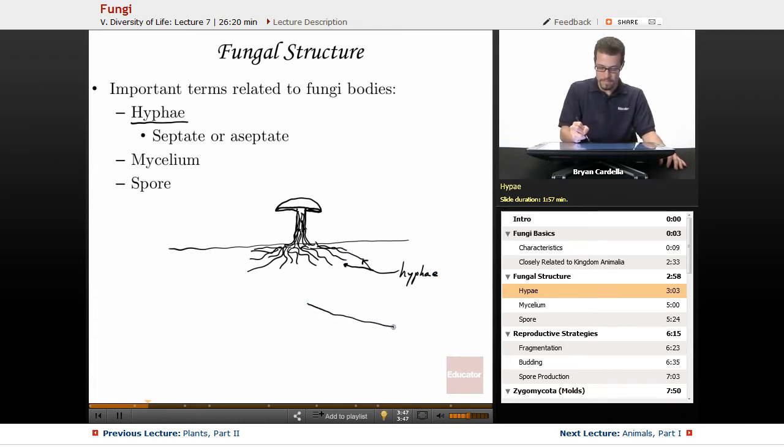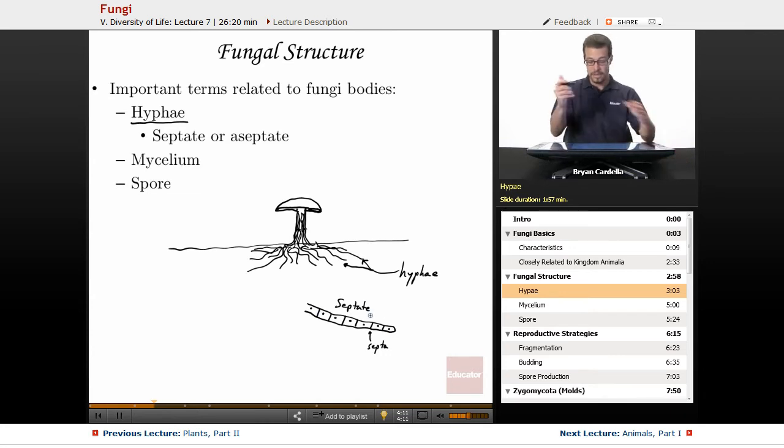And it's just strands of cells. If we zoom into them, so here we're zooming into one little hyphal strand, some of them in certain species have little walls between each cell, which is kind of normal for multicellular organisms. This is called septate because each of these is a septa. So the septa separate individual cells, just like you would see in a multicellular animal or plant.